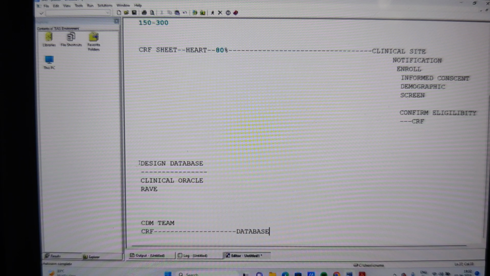And again, I'm going one step back, to when they're designing the database. Previously, SQL programmers used to be involved in the database design, but nowadays even SAS programmers are getting involved in the database design. So, for example, how do we design the database? We design the database based on the CRF sheet. Okay? So now, just imagine.